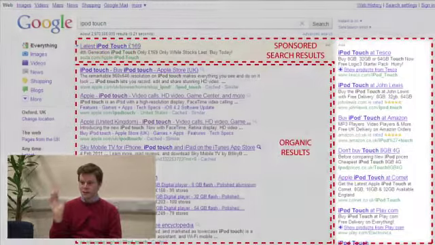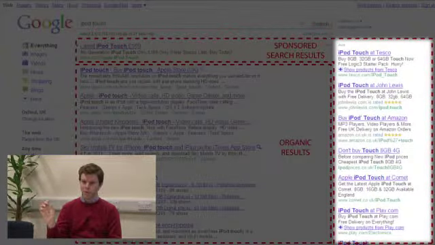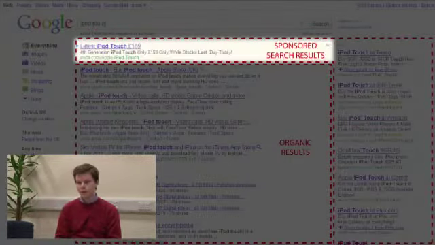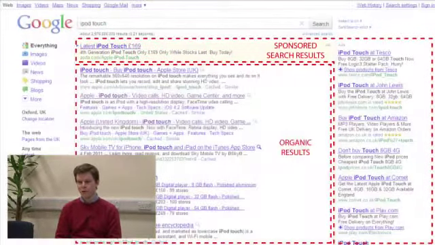The links which are shown separately on the right-hand side of the page, and also sometimes across the top of the page, used to be known as sponsored search results. These days they're known more prosaically as advertisements. And they are just that. These are ads which companies have paid to have placed alongside the search results for the chance of appearing there close to the top of the page for a given keyword. And they're really fundamental to the business model of the major search engines. They're the key way by which the search engines have monetized.